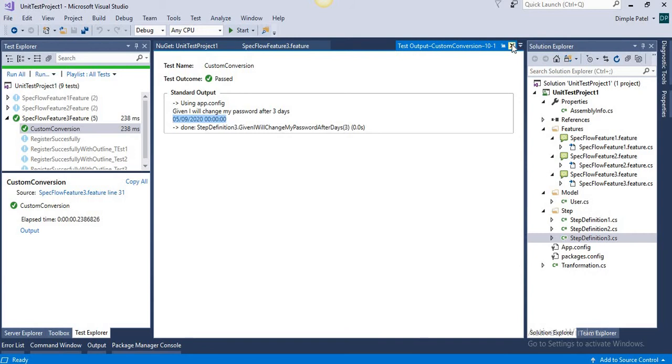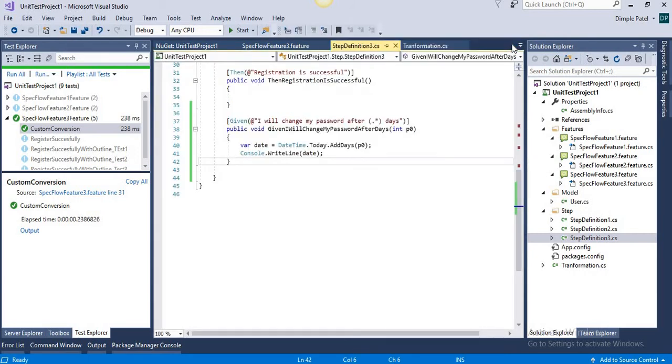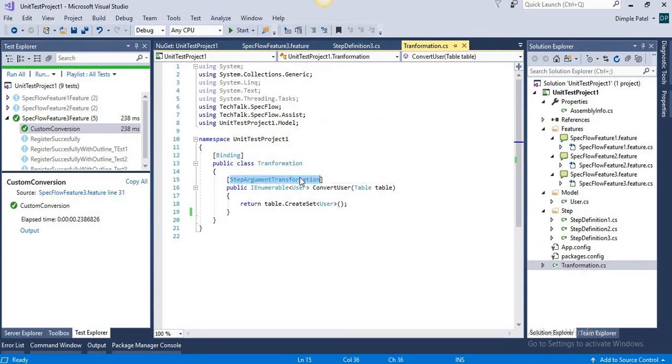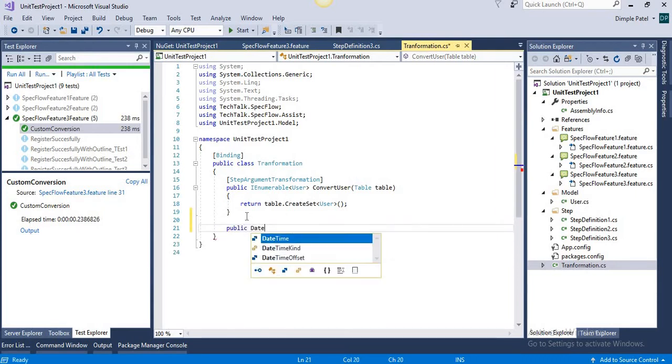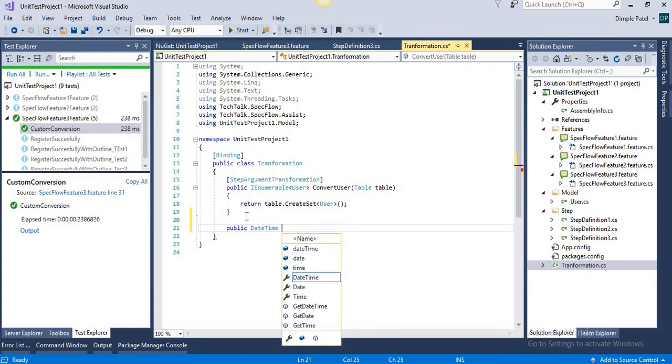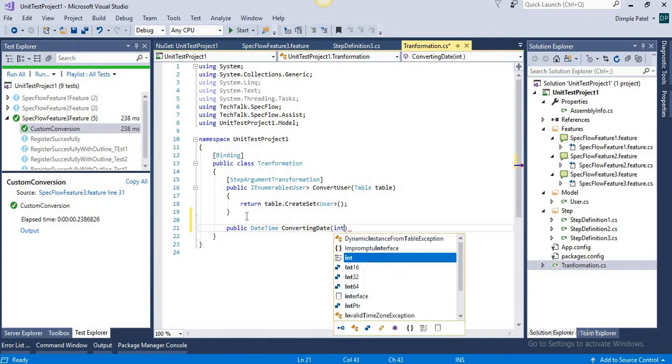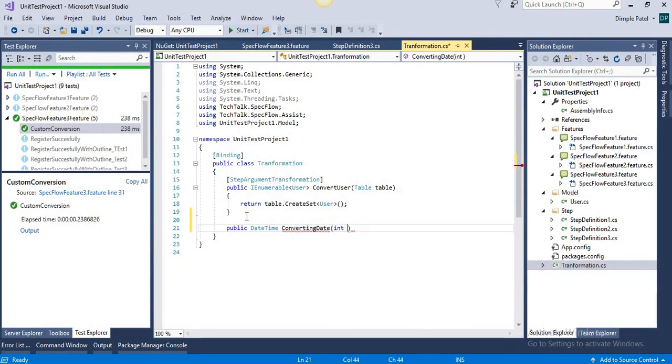Now suppose I want to auto-calculate this date using step argument transformation. How will you do that? That is the main question. So let's start creating that. Public, and we want DateTime format, so we'll write DateTime here. We are converting the date, so we are going to take the input as an integer.